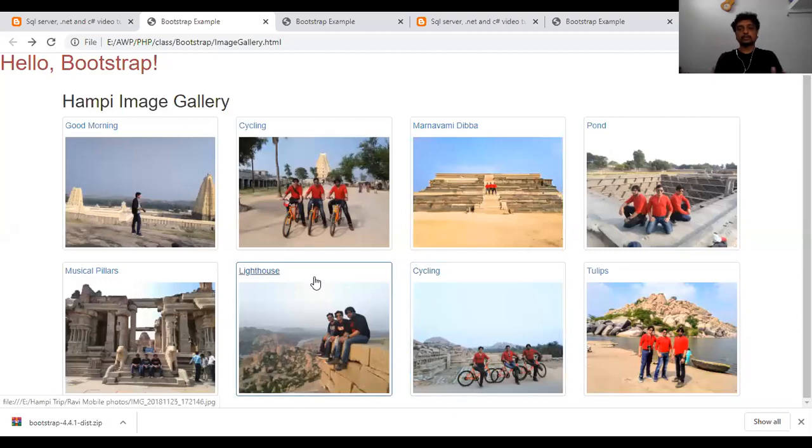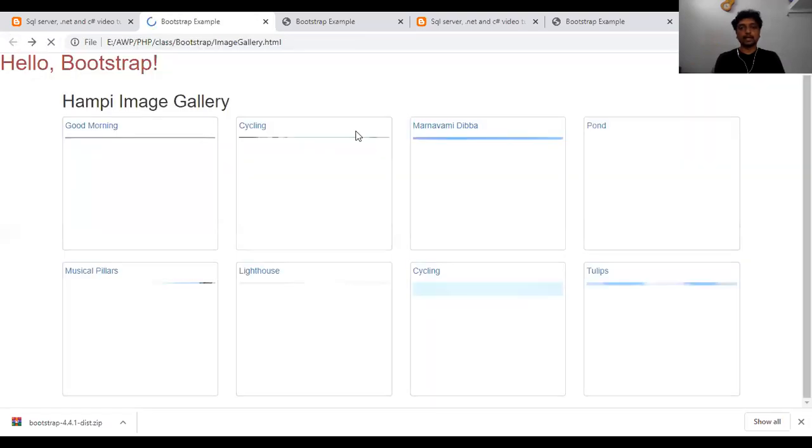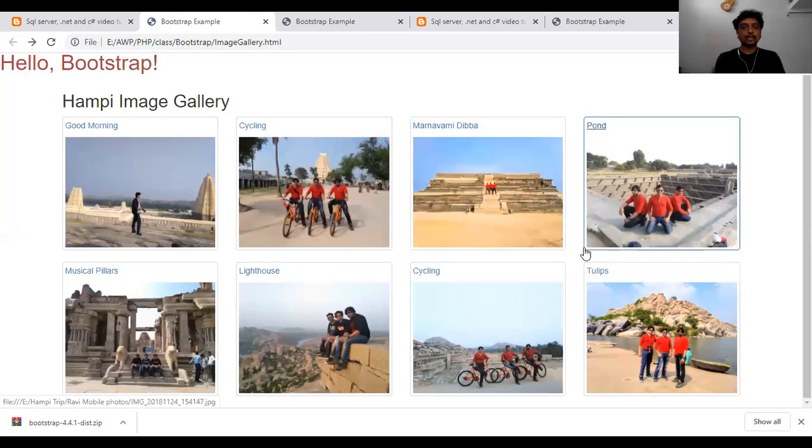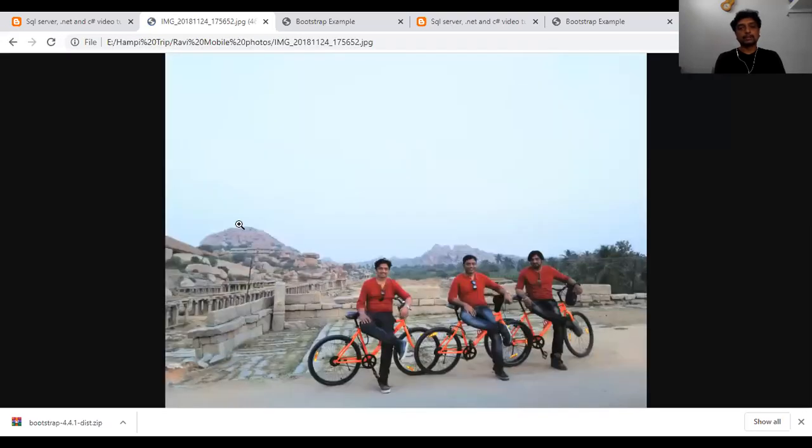Right now, any doubt while viewing the images, anybody? Because next I will go back to the code and explain each and every part of the code. If you have any doubt over here, you can ask. You can click over here or on the image, wherever you want, to view images in the larger screen, either on the text over the images or directly on the image on the screen. Like this, you can view the images.